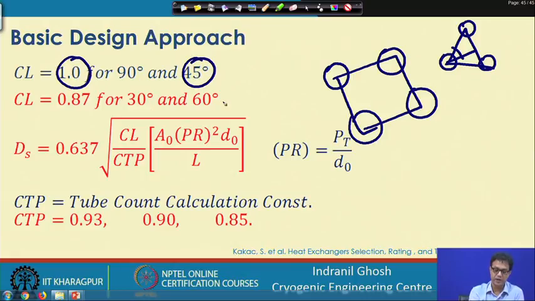Whereas for 30 and 60 degree angles, if it is 30 degree, it is 0.87, and if it is 60 degree also, CL comes out to be 0.87. And that 0.9, 0.93 and 0.85, all these are the tube count calculation constants that we have